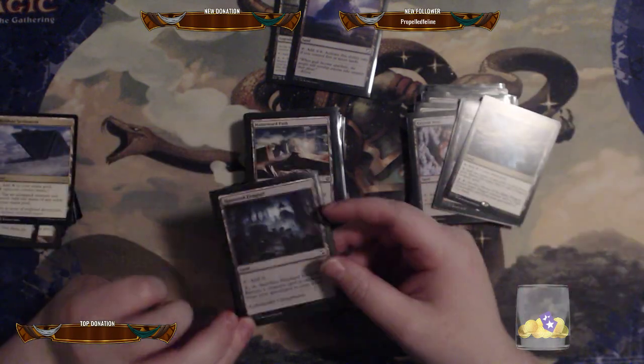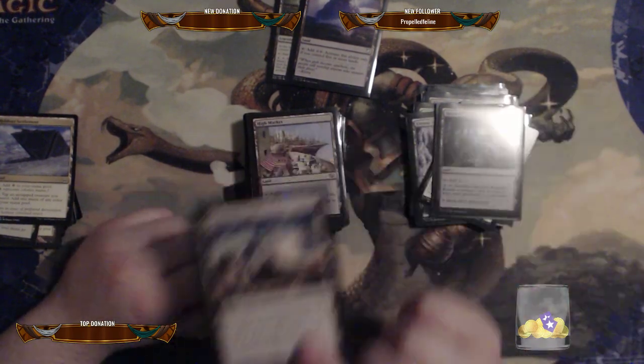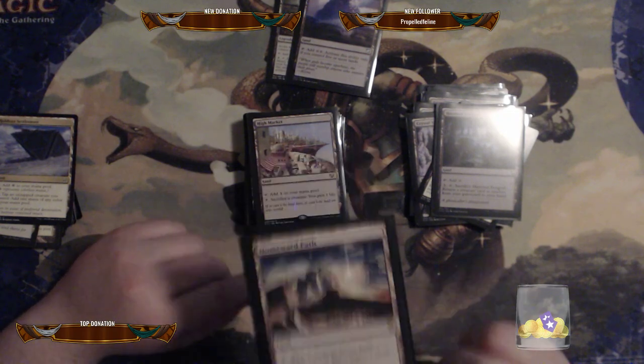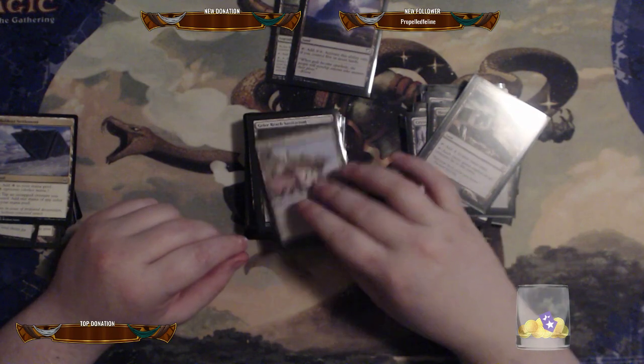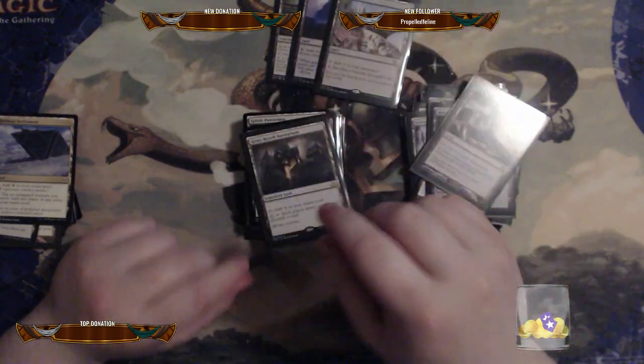Haunted Fengraf returns a creature card. Okay. Homeward Path. This is the one I was looking for. This allows you to return creatures that have been stolen to their owners inside the board. High Market. There is actually a combo that High Market goes really well with, and that I will talk about